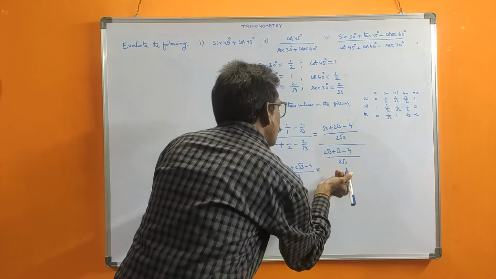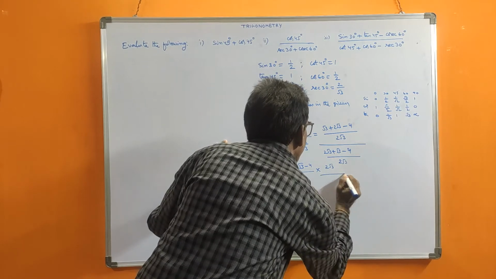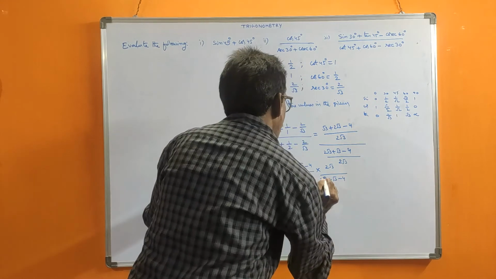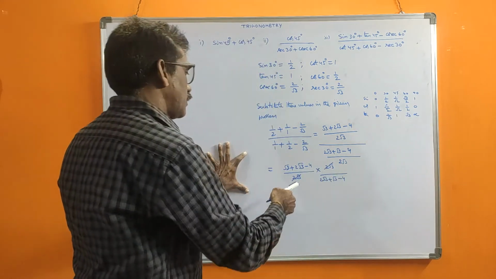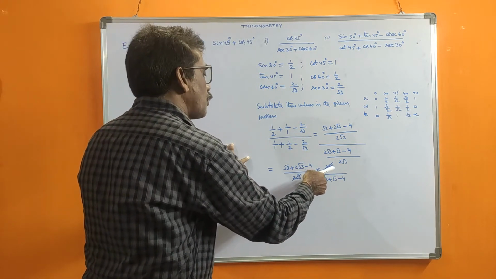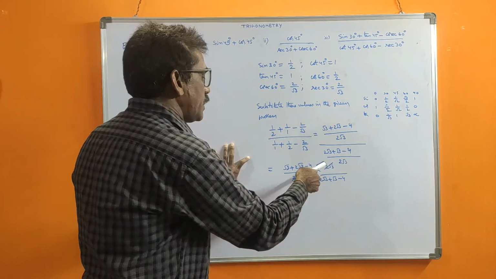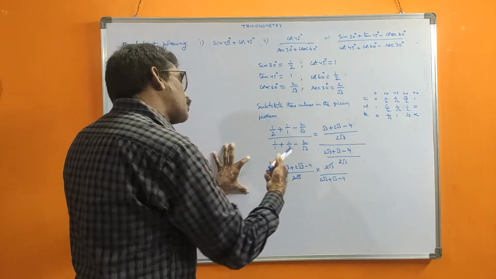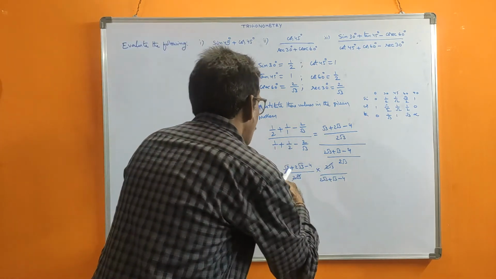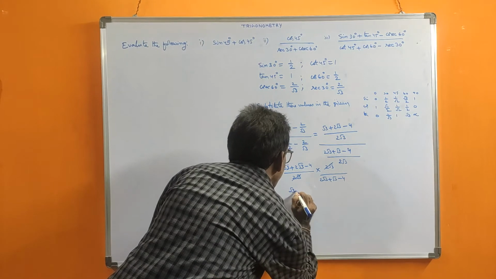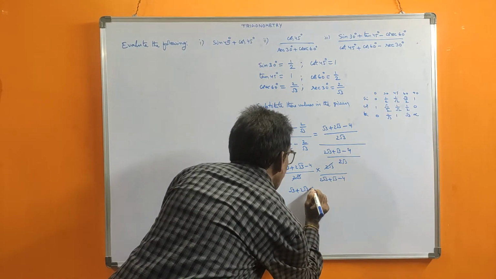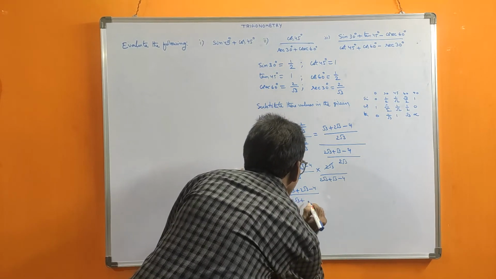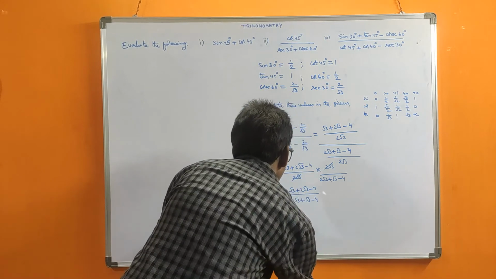This becomes, you reverse this: 2 root 3 by 2 root 3 plus root 3 minus 4. Now root 3 and 2 root 3 cancel because these are in multiplication. Here 2 plus root 3 means we should not cancel. Here 2 root 3 and here 2 root 3 means then you cancel. Same. Now see what is left: root 3 plus 2 root 3 minus 4 by 2 root 3 plus root 3 minus 4.